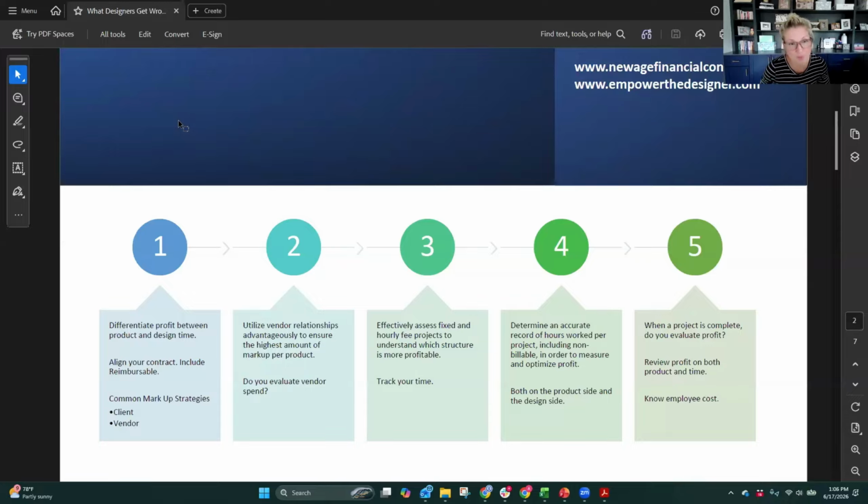Remember to include reimbursables, something that a lot of times can be overlooked. We always recommend a reimbursable. We don't ever call it a markup, we'll call it an administrative fee instead, which will be 10%. Make sure that's in your contract. So for anything that you're billing that's out of pocket, that could be samples, Ubers, meals, obviously any travel.